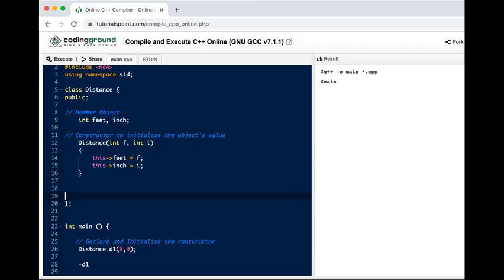सो क्या होना चाहिए, वो होना ये चाहिए कि जब मैं ये ऑपरेटर अप्लाई करूँ, माइनस को मैंने ओवरलोड करना है ताकि जब मैं -D1 के साथ यूज़ करूँ तो D1 का जो डिस्टेंस है वो उसका फीट भी बाय 1 यूनिट रिड्यूस हो जाए, 7 हो जाए, और इंचेस भी बाय 1 यूनिट रिड्यूस हो जाए, यानी 8 हो जाए इस केस में. ठीक है जी. सो लेट्स जस्ट डिफाइन द ओवरलोडिंग ऑफ माइनस